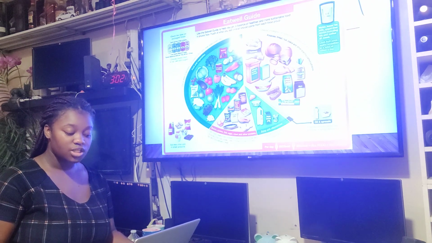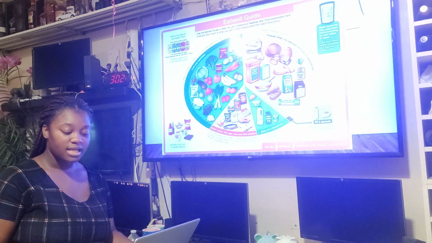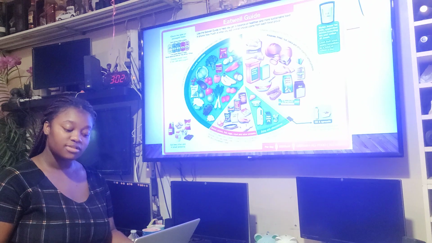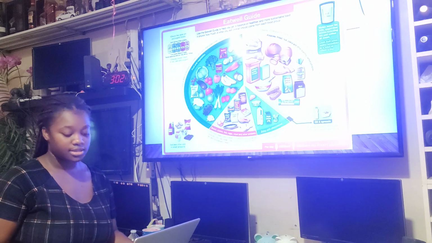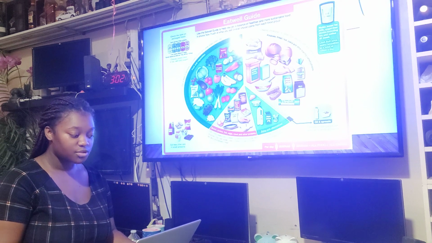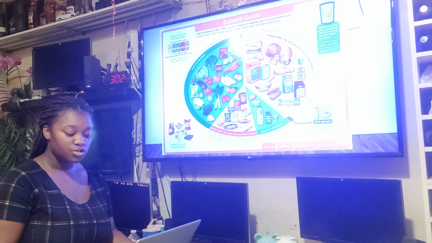A balanced diet is one that provides the right amount of calcium, protein, fat, carbohydrates, vitamins, minerals, and fluids. There are different types of food groups and sources